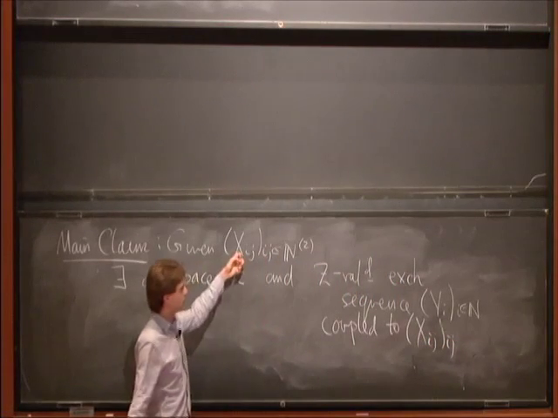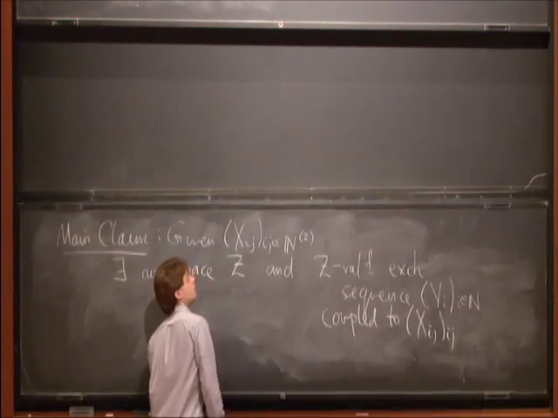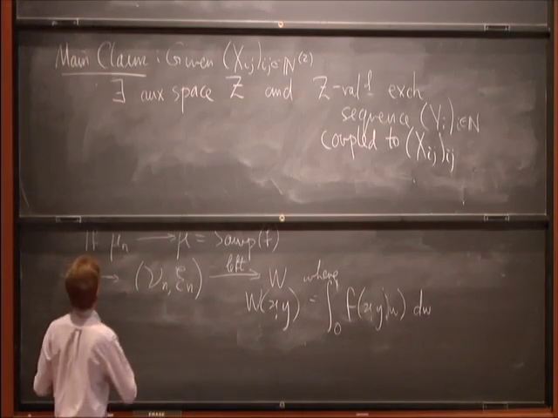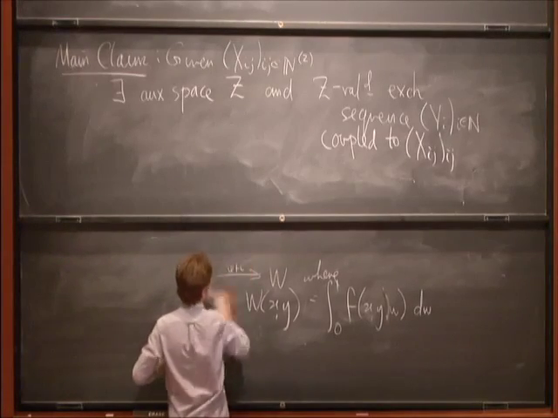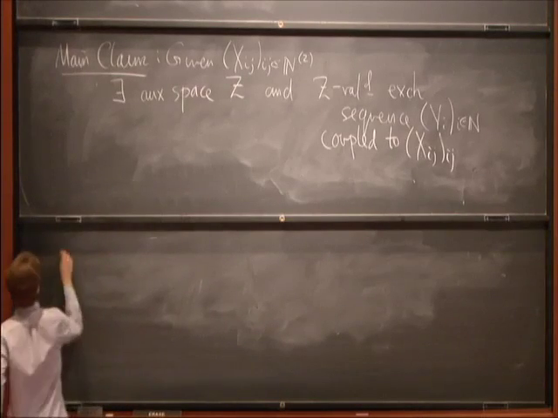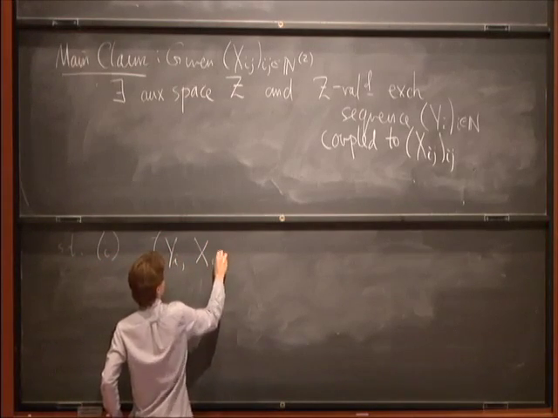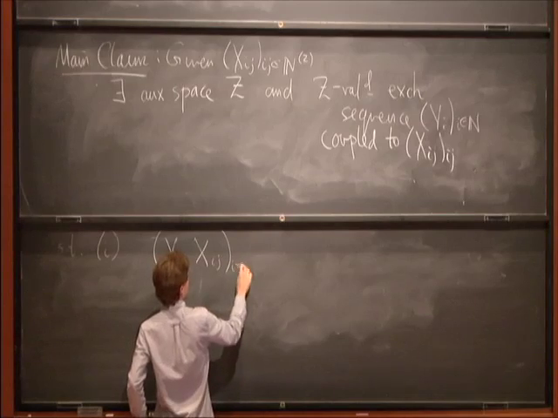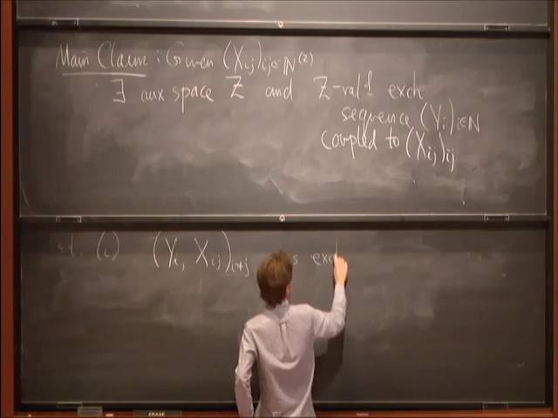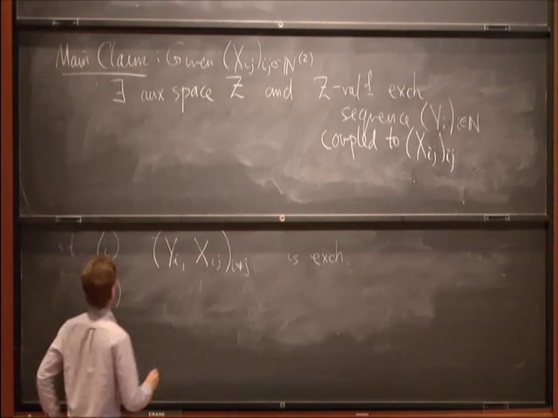So what that means is that this is a family of random variables, and so is this, and they live on the same probability space. They have some overall joint distribution. And now here's the key thing, or two key things. This coupling must be such that everything together is still exchangeable. And there's some formula which I'll write down. So, coupled to those such that, one, the array (Y_i, X_ij), which is now indexed by ordered pairs of natural numbers, is exchangeable. And secondly, and I'm going to write some scary formula which you shouldn't take too seriously just for the moment. Secondly,